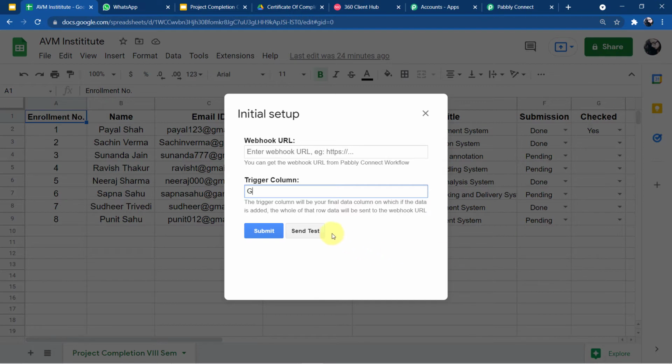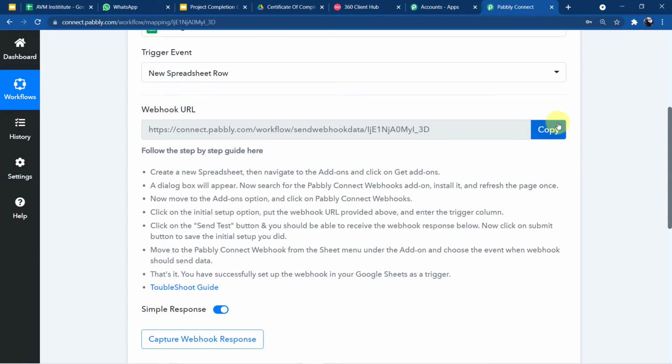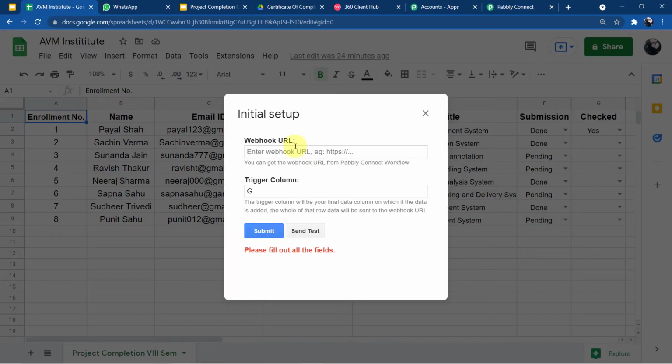What I'm going to do right now is I'm going to click on send test and it will send this complete data of my Google Sheets row. So here let me click on send test. Oh, before that we have to provide the webhook URL also. Sorry, I just forgot that. So here we have to provide the webhook URL. This webhook URL is the same which is provided by Pabbly Connect. We just have to copy it and paste it here. Now it is ready to send. So let me click on send test. Perfect. So here it is saying test data sent successfully.